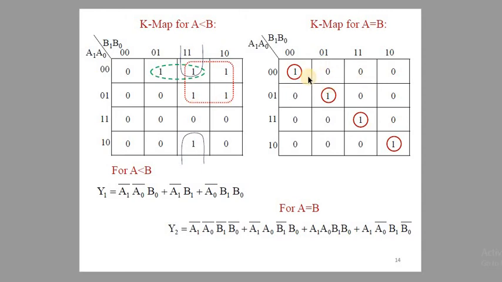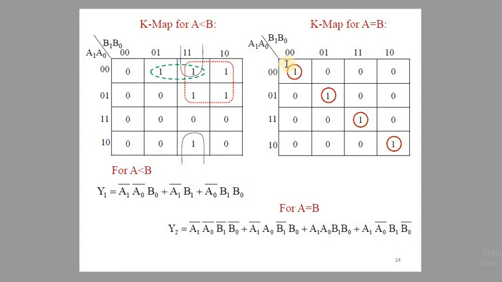Like that. Here, A equal to B, for 2 bits: A equal to B means 0 0 is equal to 0 0, 0 1 is equal to 0 1, 1 1 is equal to 1 1 in the truth table, 1 0 is equal to 1 0, 1 1 is equal to 1 1. These are all diagonal, therefore a diagonal group cannot be formed. Therefore here it is a single group. First group, this is the single group. Second group, this is the third group. This is the fourth group.